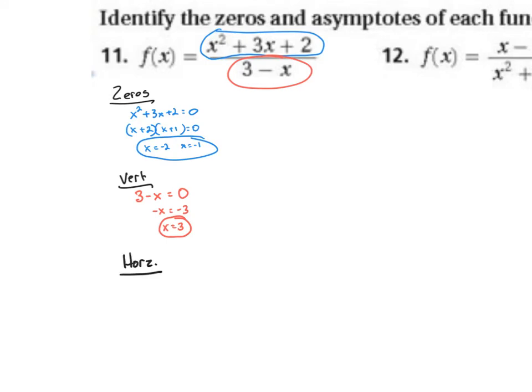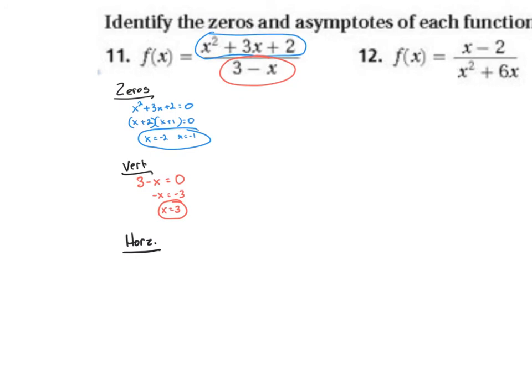Horizontal asymptote. What is the horizontal asymptote? Okay, here we go. Top degree is 2, bottom degree is 1. Top degree is bigger than bottom degree. No horizontal